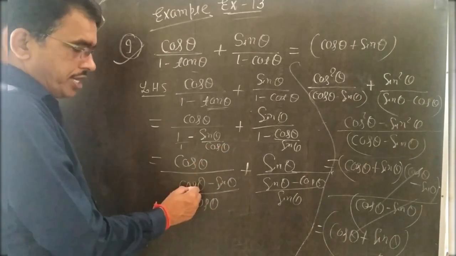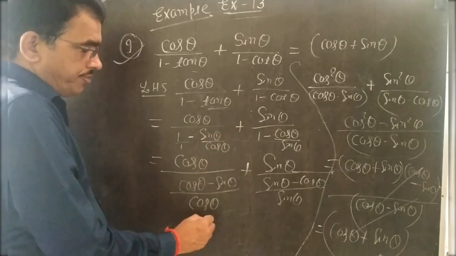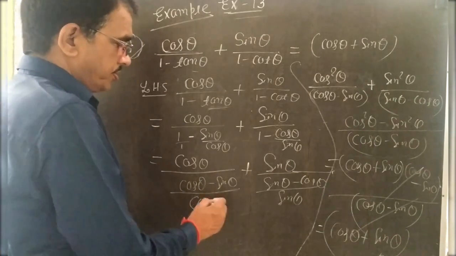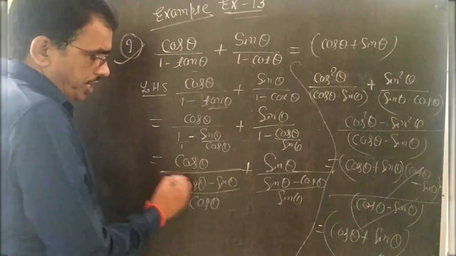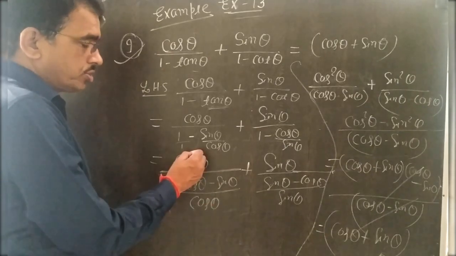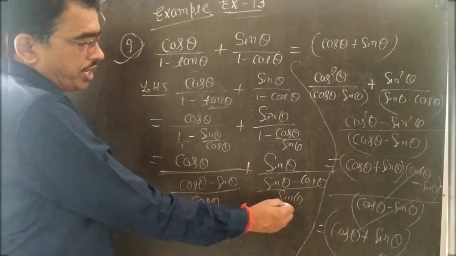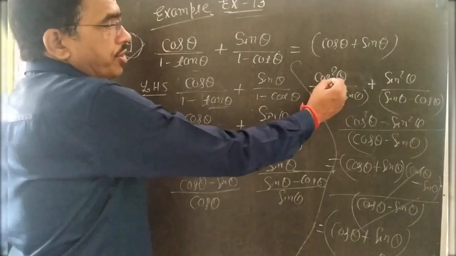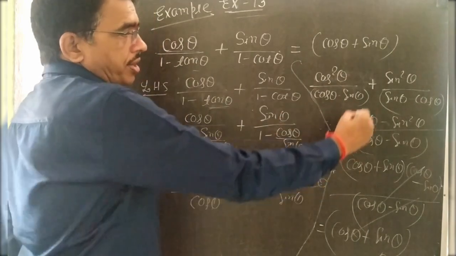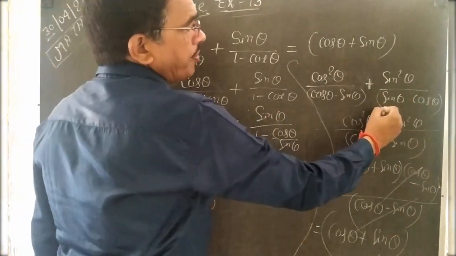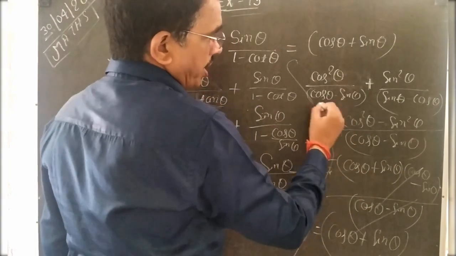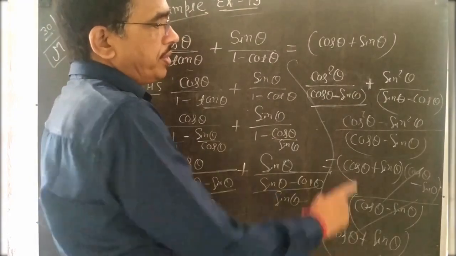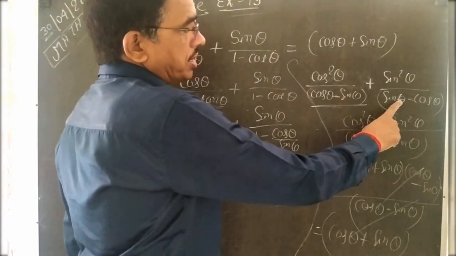So here is 1, then it is cos theta minus sin theta. Here is sin, we take LCM sin, then here is sin minus cos. It is the divide this line, and here is cos. So this cos goes that time, here cos square, and this sin goes here, that is sin square. So when you solve this, then you get cos square theta by cos minus sin, plus you get sin square theta by sin theta minus cos theta. It is cos minus sin, it is sin minus cos. Both are equally same. Only when you multiply by minus, then you get this.